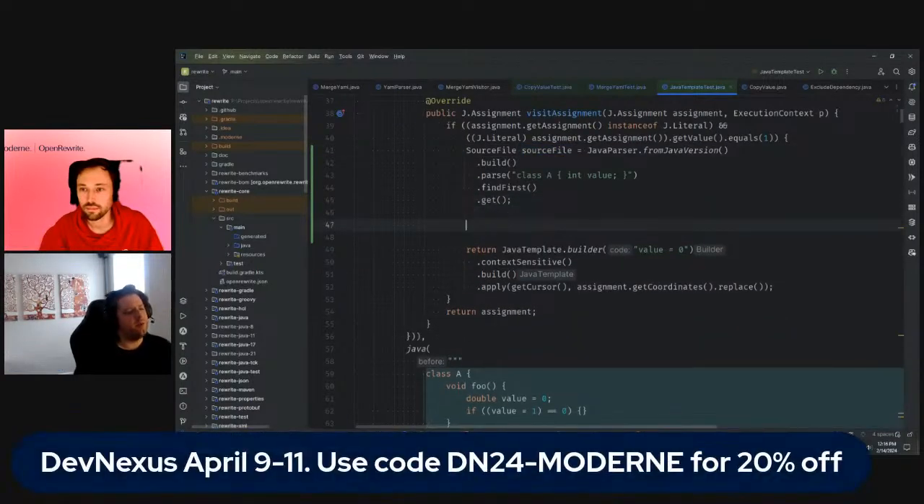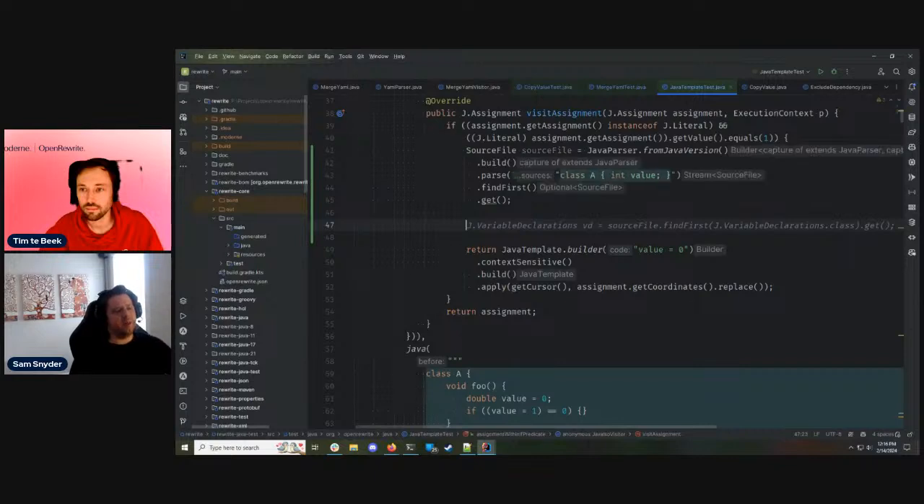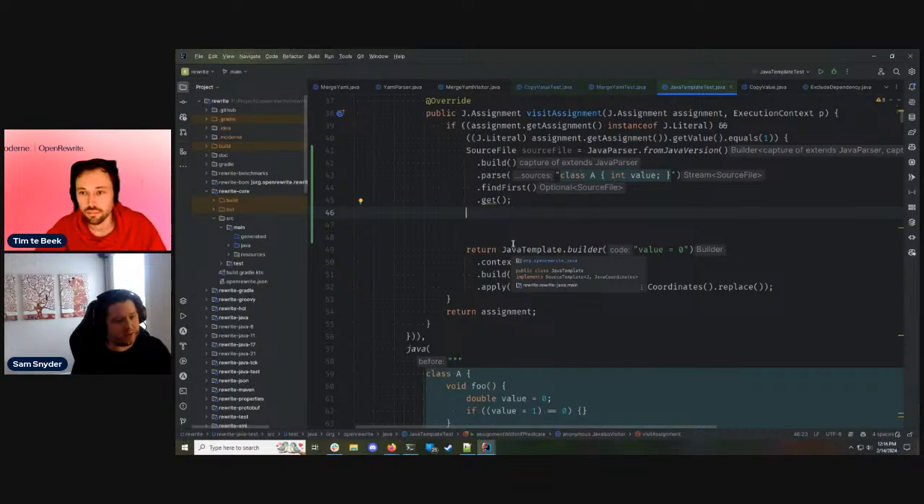So this is kind of showing what you would do if you didn't have JavaTemplate available to achieve a similar sort of effect. And you might say, why would I care about that? I do have JavaTemplate available. Yeah, you do if you're editing Java, but if you're writing a recipe where you're editing a